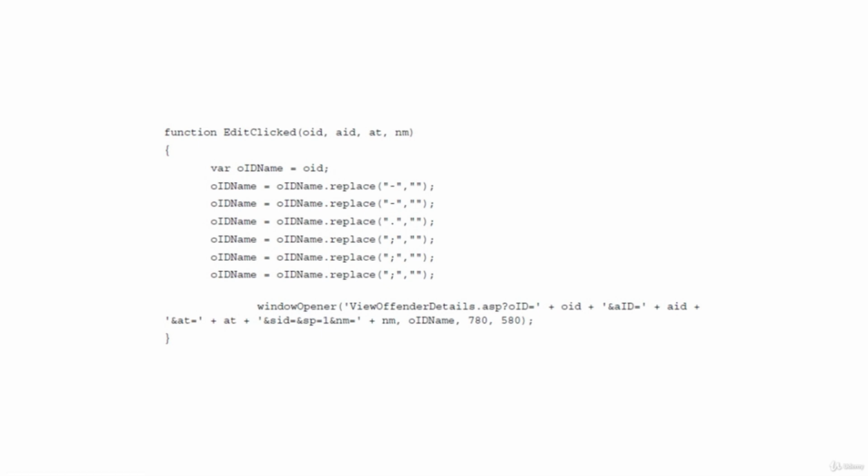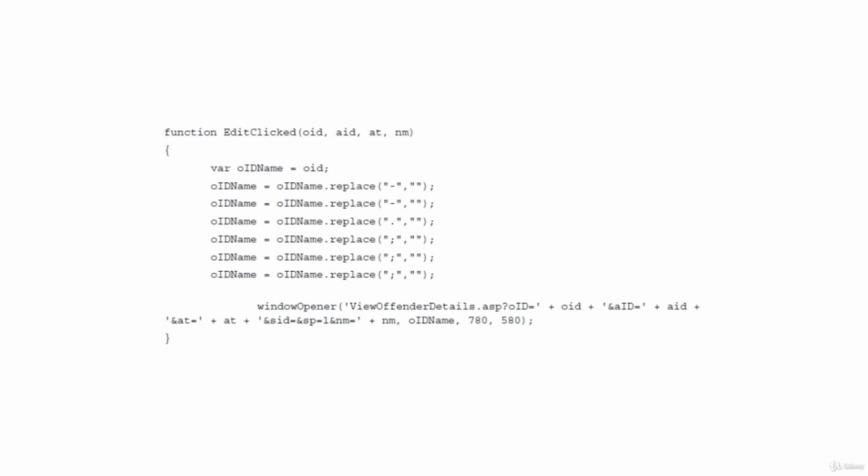This code basically creates a valid URL with the correct variables and then calls another function which opens a new browser window containing the specified web page. However, if an incorrect offender ID value is specified, then the page returns with a message: the offender information is being updated. Please try again later.